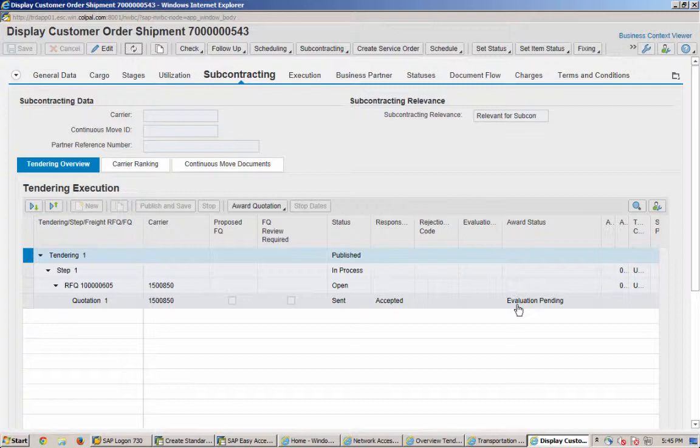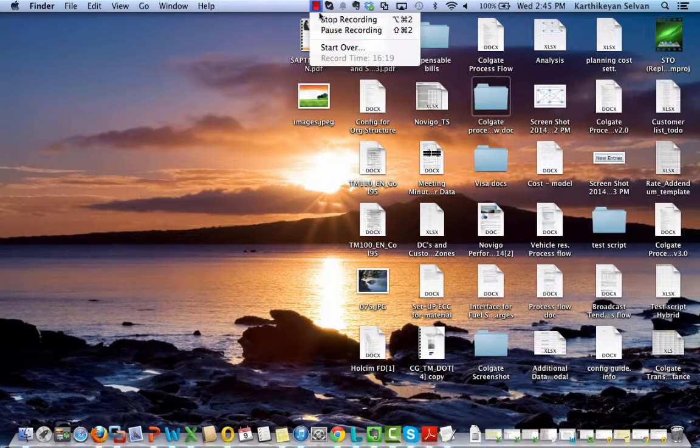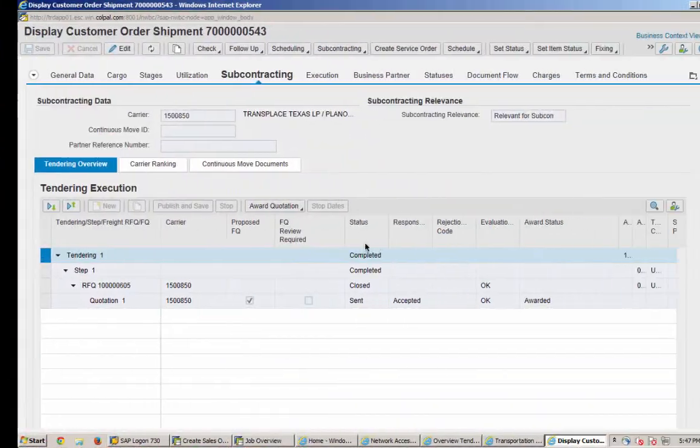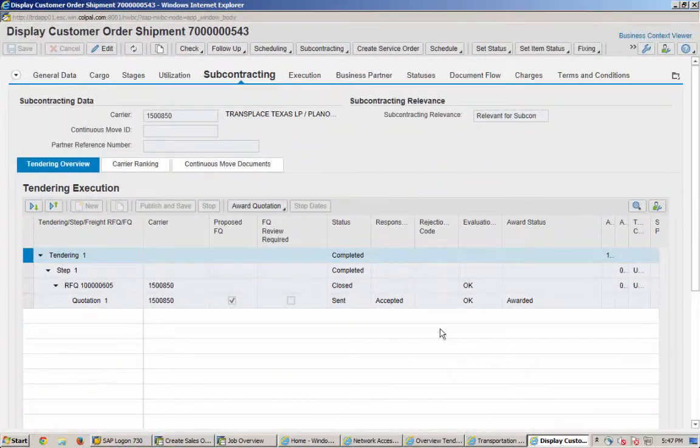And now the award status is evaluation pending, so it is again a batch job. So after 5 minutes we'll be able to see that it has been awarded, and Transplace would come up in the carrier field. Alright, so now here we can see the award status. Transplace has been awarded the RFQ, and as I said, in the carrier field we can see Transplace coming up,